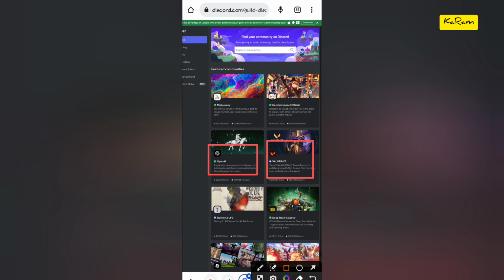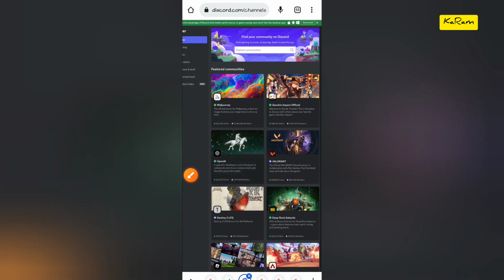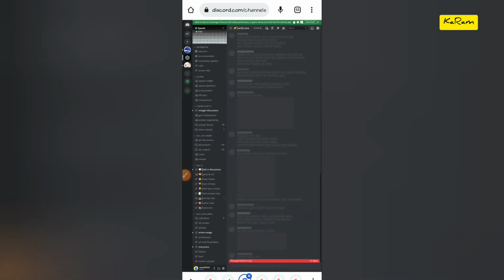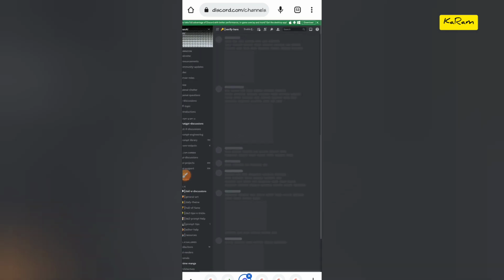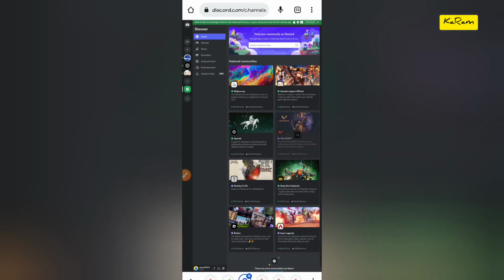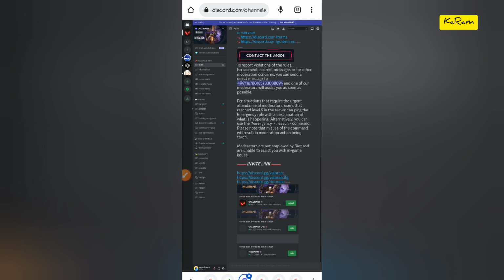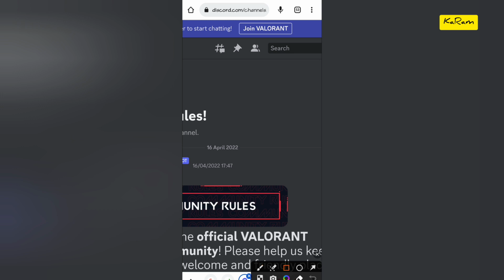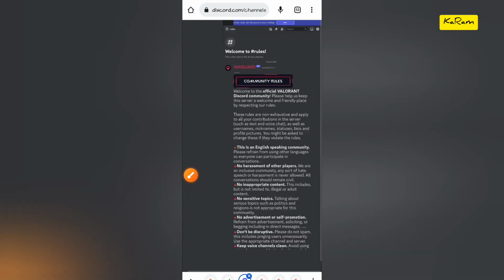This is actually for developers and enthusiasts to collaborate and share creative builds with the powerful OpenAI models. So if you want to join OpenAI, just click on this option. So guys, before joining it, message failed to load. So I'm going to show you how to join Valorant first, since I've already joined OpenAI. To join any server, you will find the option Join and the name of the public server that you are going to join. So just click on this option, Join Valorant,